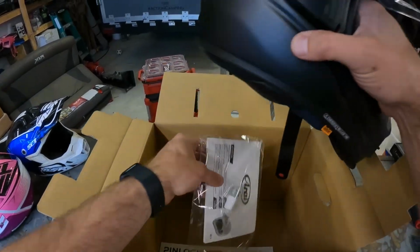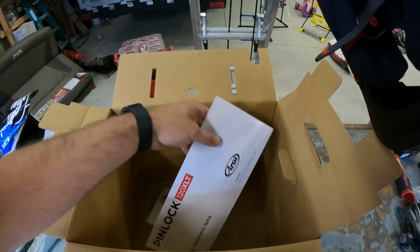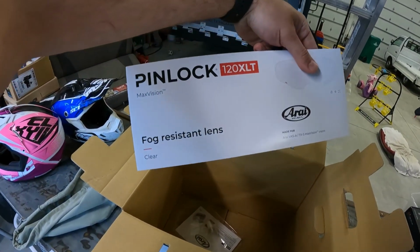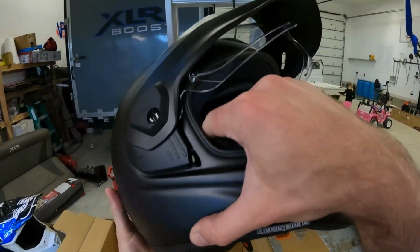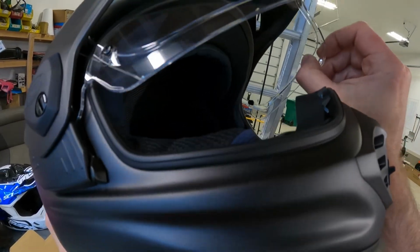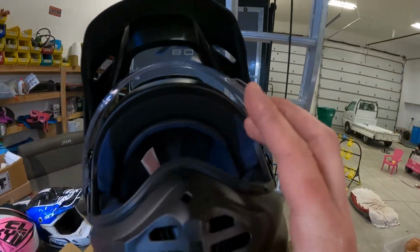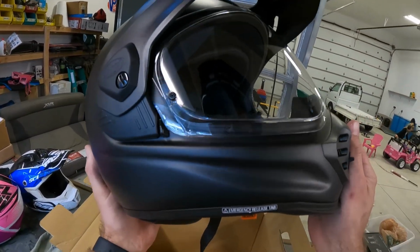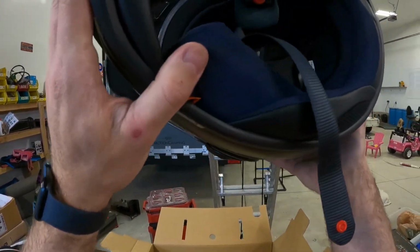Get some silicone for the gasket here, and also this Pinlock 120 XL2 fog resistant lens. So Pinlock ready, should fit right down in this spot here on the inside to prevent fogging. I had another helmet with that Pinlock and it was really great for not fogging. So